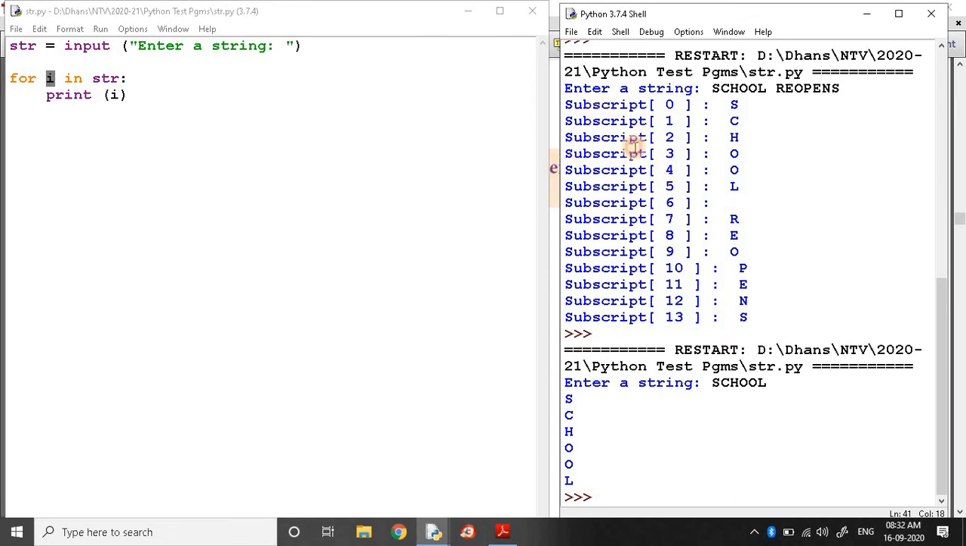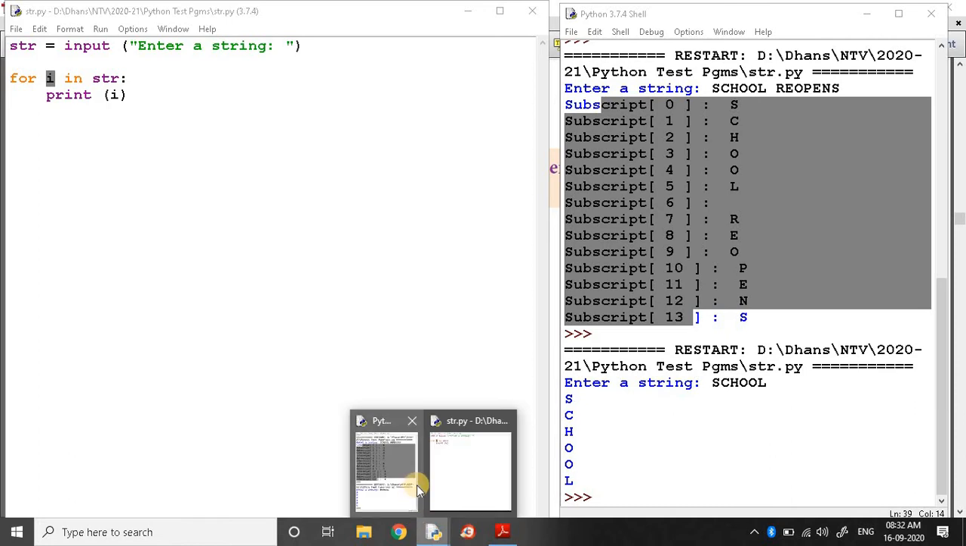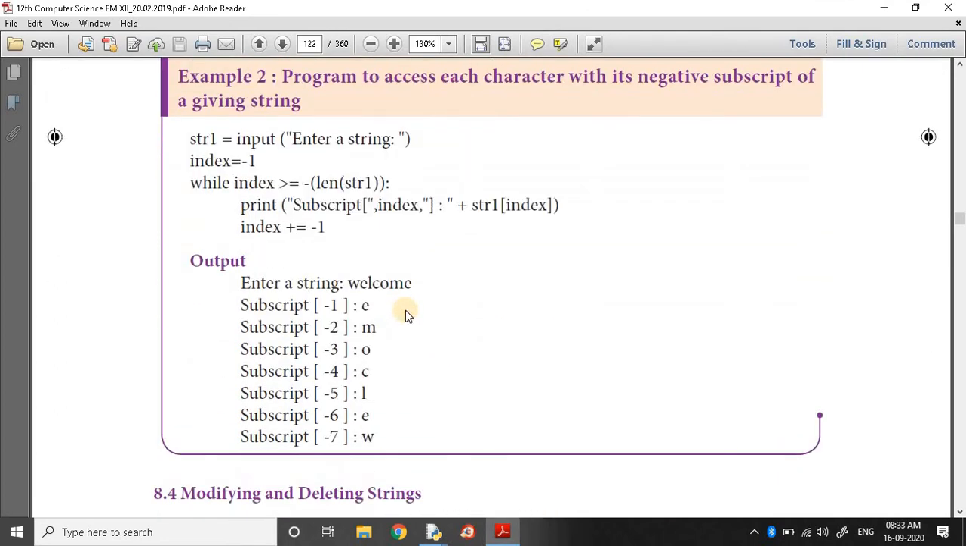So here in the previous example we saw that with the positive subscript value, we can access it character by character, or access only the required character. Here welcome is given. Then negative: if you want to show the negative subscript,